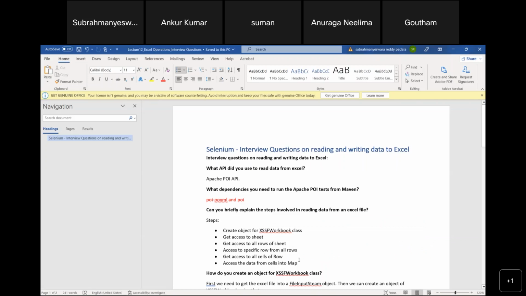Explaining the program means explain it in a way that, okay, we'll create a workbook object, and then we'll create a sheet object, and then we'll iterate over the sheet to get access to all the rows, and on each row we'll iterate again to get access to all the cells, and we use a data formatter object to read each and every value of the cell, and then we read it into a map. Basically the keys of the map are the column names, and the values of the map are the actual values in each row, and we can use that map in our